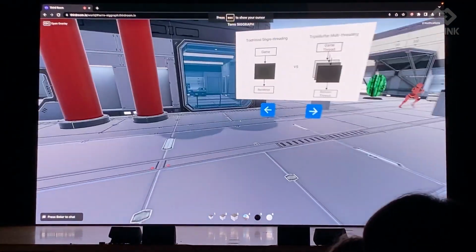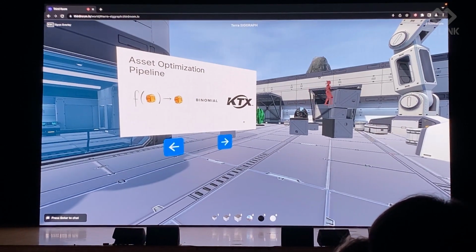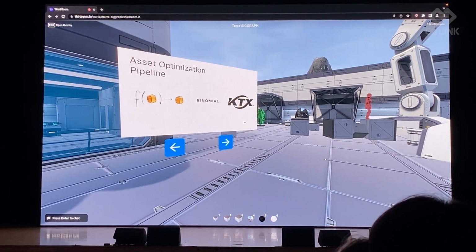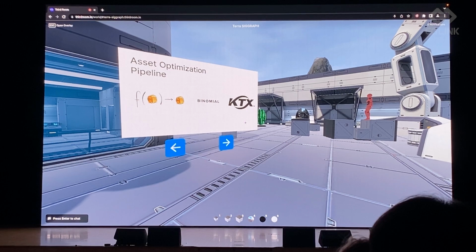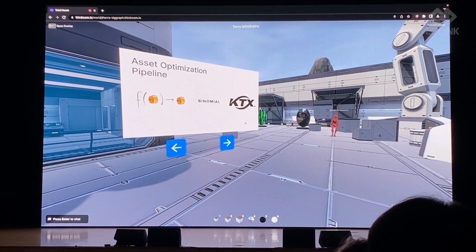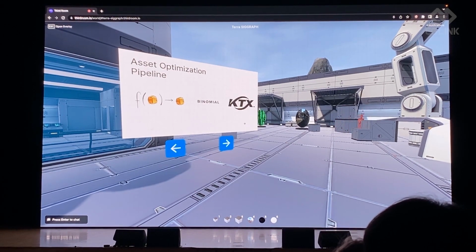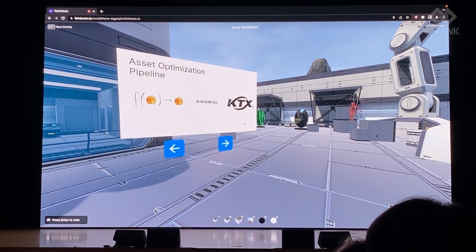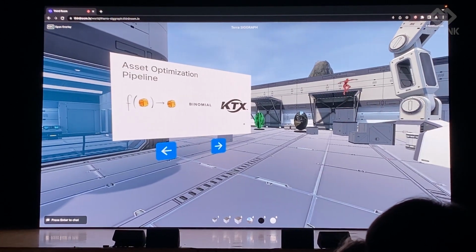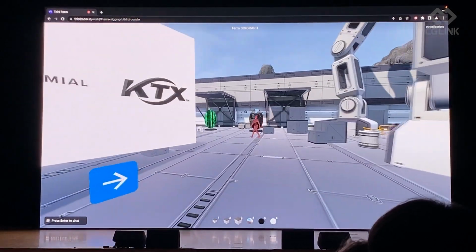So after we've exported from Unity, it goes through an optimization process, which is a browser-based tool which compresses textures using the Basis Universal Texture Encoder and stores them in a KTX2 container. It also takes duplicate mesh references and converts them into instance meshes. It's really fast. So let's go and check out some other rooms.